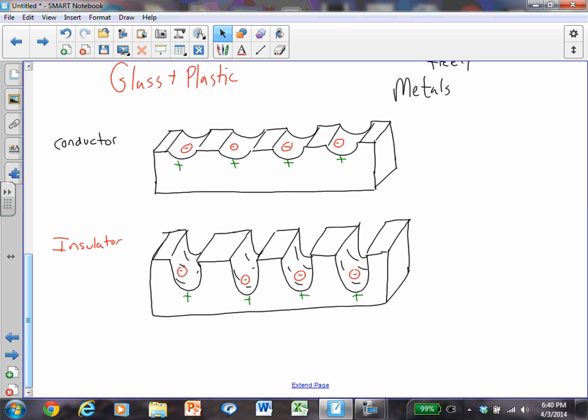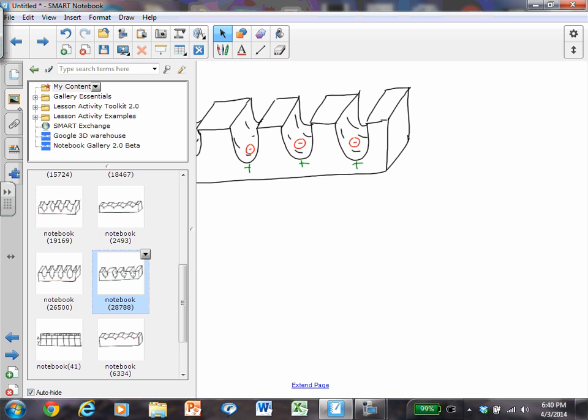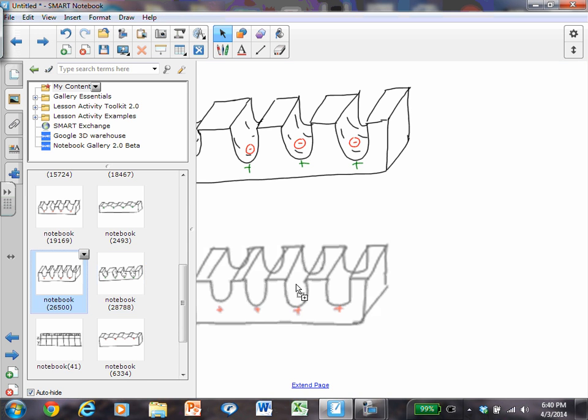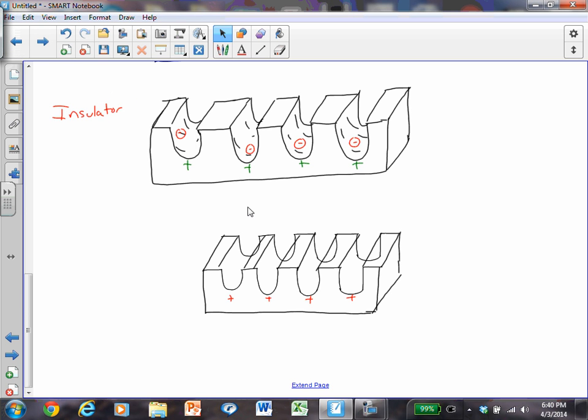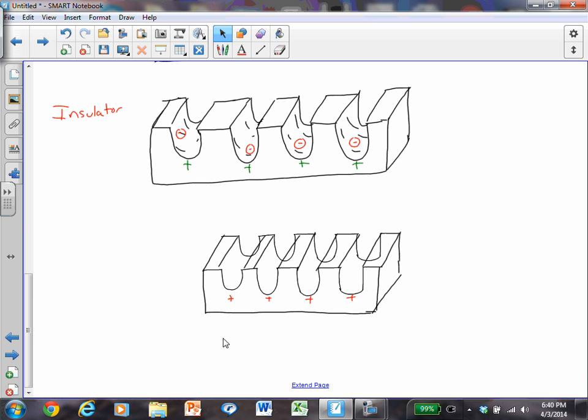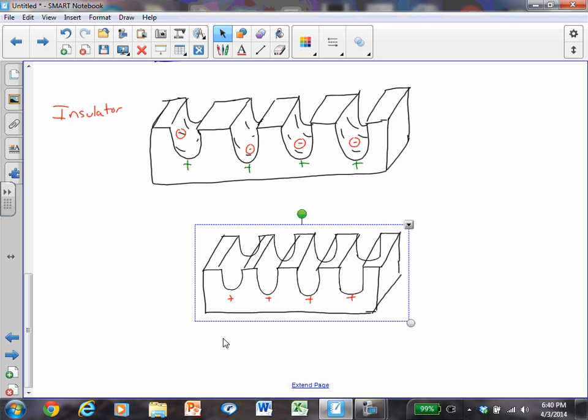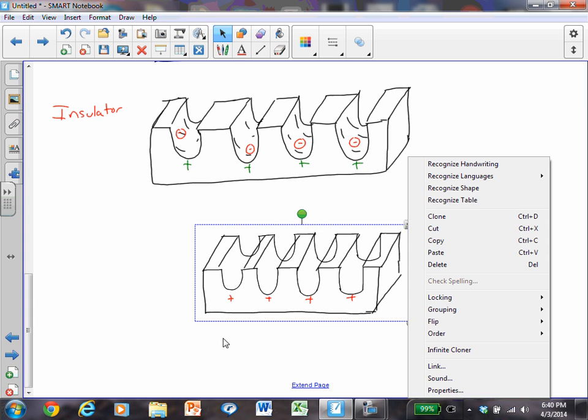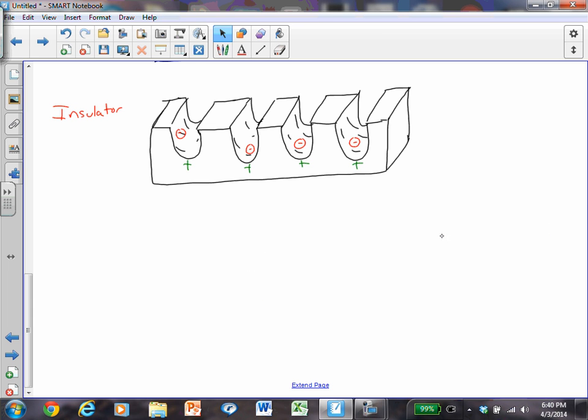And for some insulators, I wanted one with deeper wells. It doesn't really look that much deeper. But you could have deeper wells, a stronger amount of an insulator. Okay, so that's part 1 to